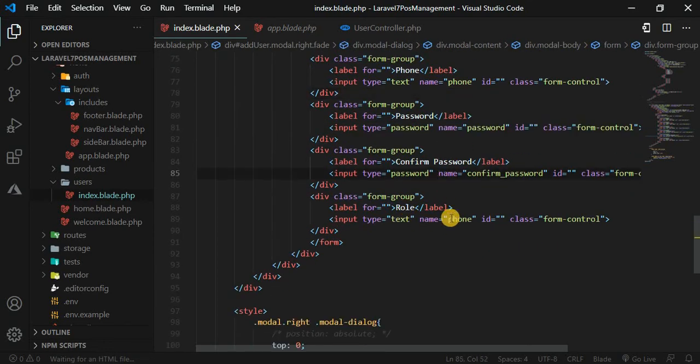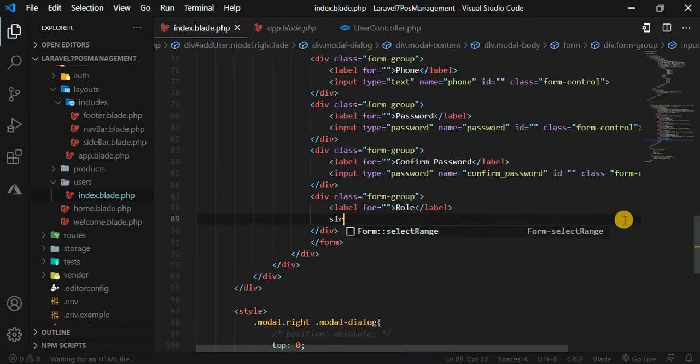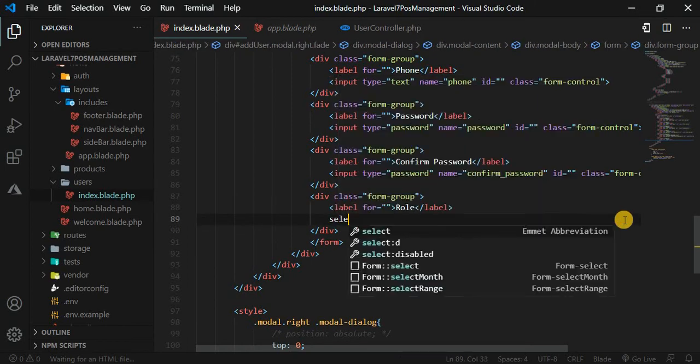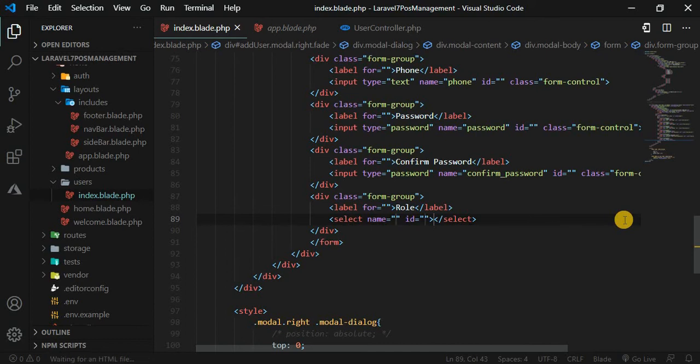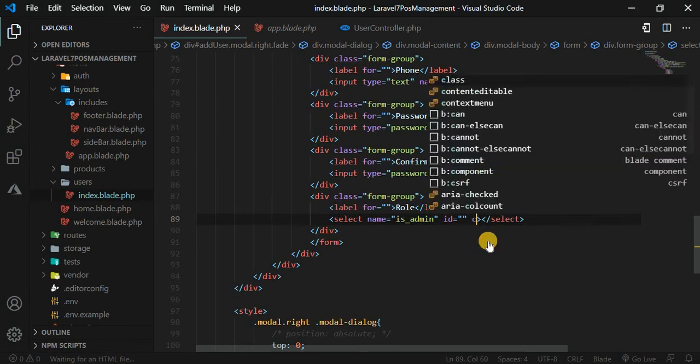So this one I will not use the input, it's a select option. The select name is going to be, maybe let's make it admin. That's going to be the name, okay? So that's going to be